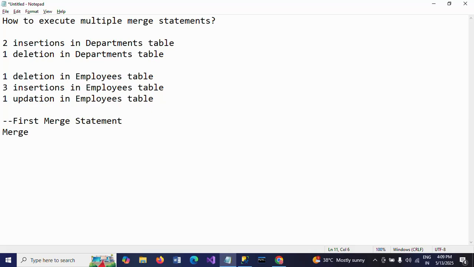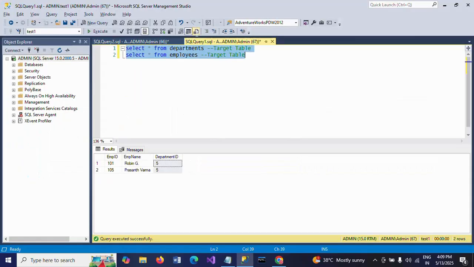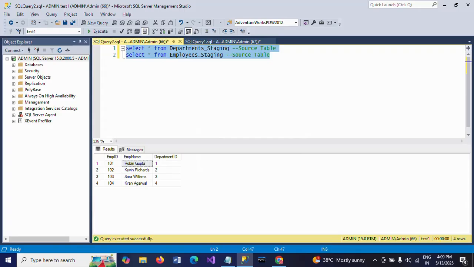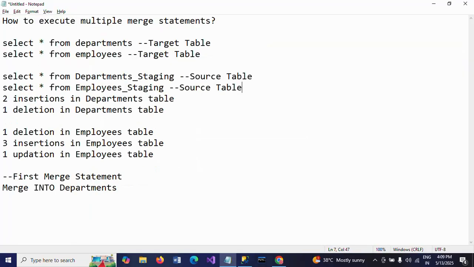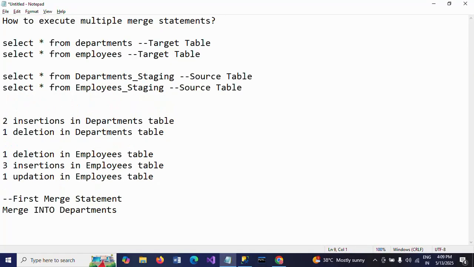Merge into my target table, the departments table, with the source table. The departments table is my target table. Merge into your target table, departments as target,